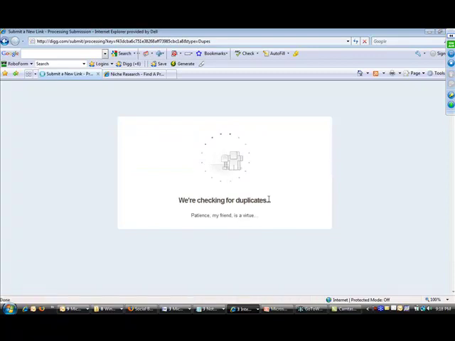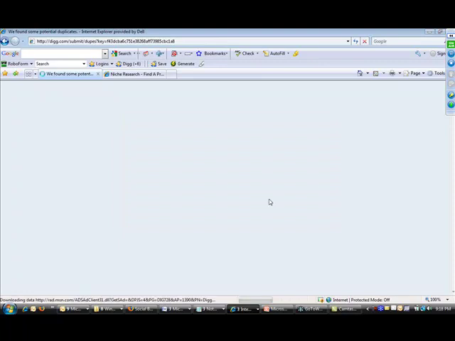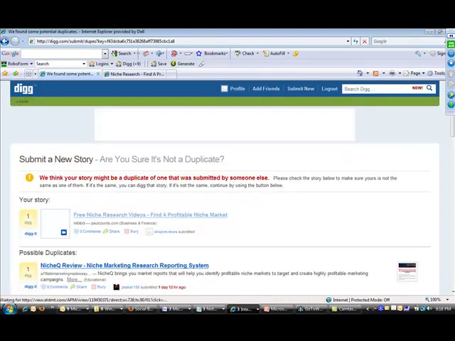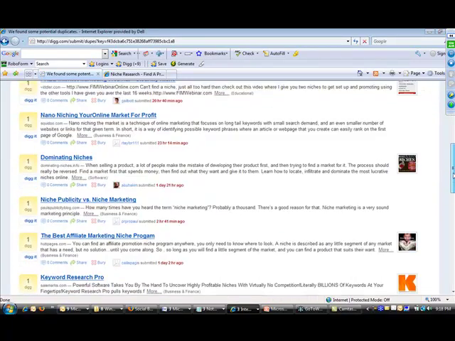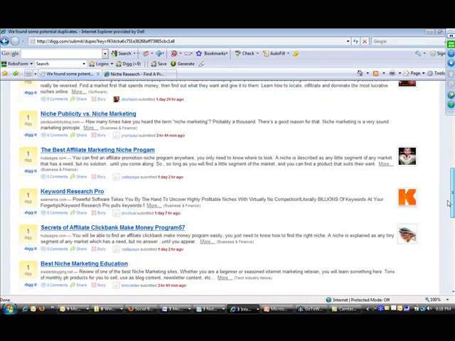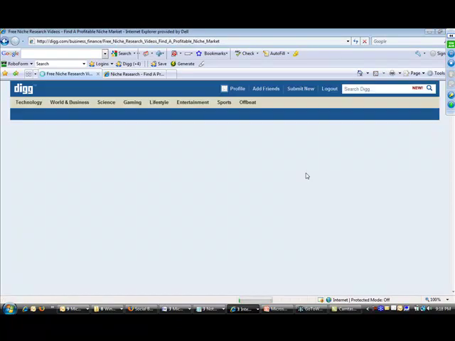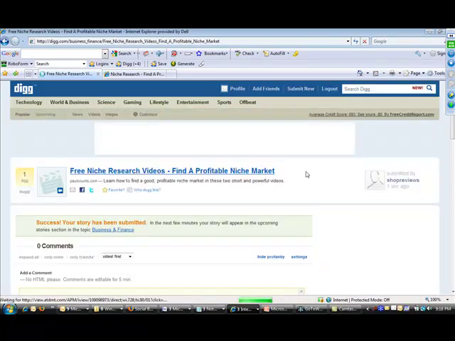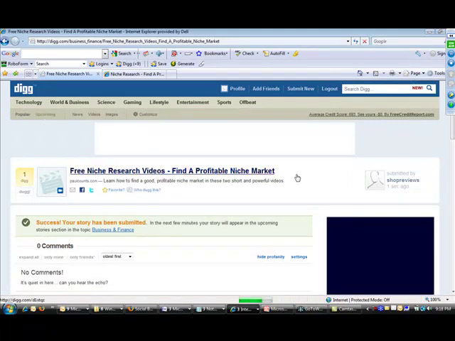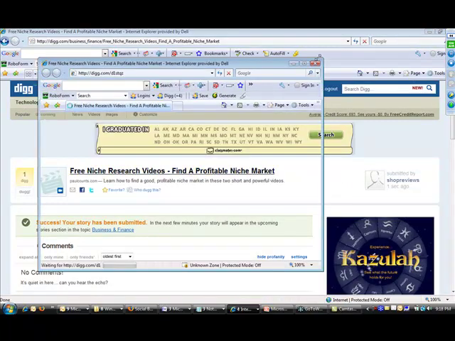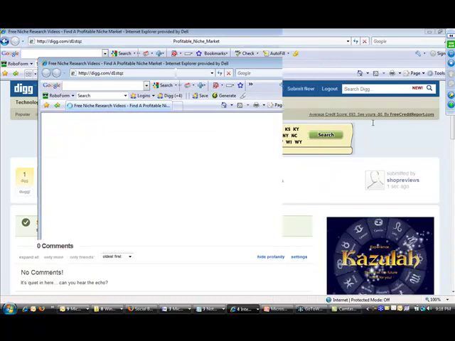And now they're checking for duplicates. Now Digg sometimes does not ask for tags, but some of them will, so keep that in mind. This time it's going to say it looks like something else, so I'm going to just say it's totally original, because it is. I have not submitted this yet. And so you just scroll down to the bottom, and there it is. So it's all queued up now. So now if I were to click on it, it would open up in a new tab, in a new window,